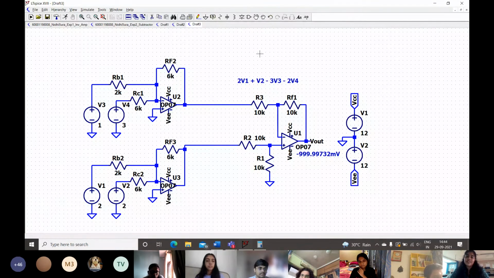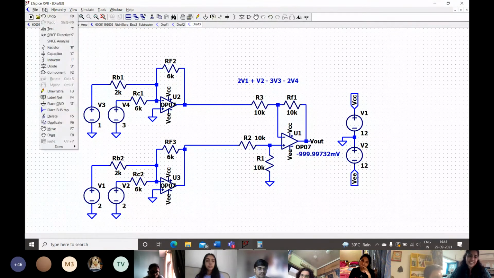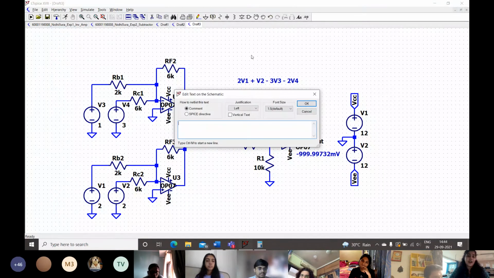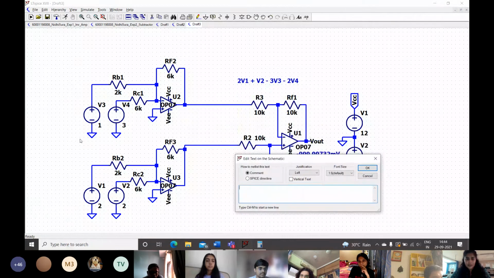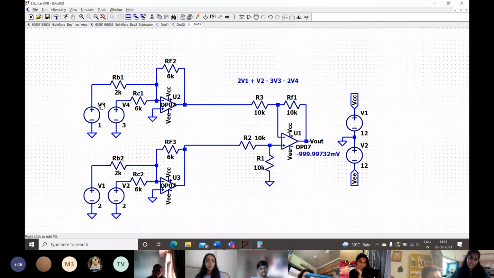Okay, yes. So what Sir is basically saying is, I'm going to add a text to explain that. So for this amplifier, our output voltage is going to be minus V3 minus V4. And I'm applying that to the inverting terminal here again, which is going to make these positive and leave these negative in the same manner. Which is why I'm going to interchange these and make this V1 and V2.